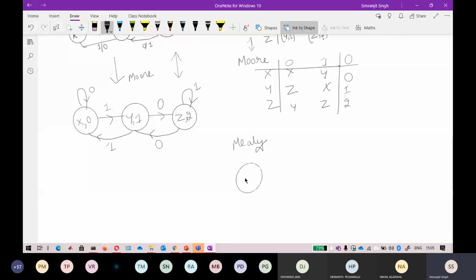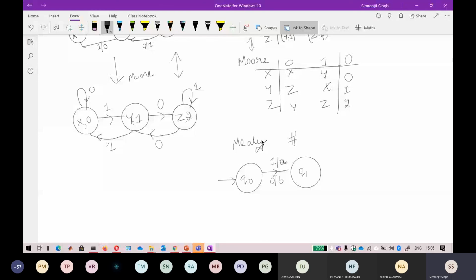Suppose I convert a Mealy machine into a Moore machine. What will happen? I will do this. One is going towards this one, Q1, and this is outputting 0, and I do another scenario here. This 1 is going towards Q1 and it outputs A, so just write it as A, don't confuse it. And the transition on 0 is outputting B. Now it is a difficulty. Do you take that A and place it here, or take that B and place it here? So this is another type of Mealy to Moore conversion.